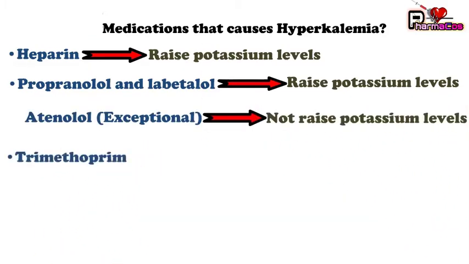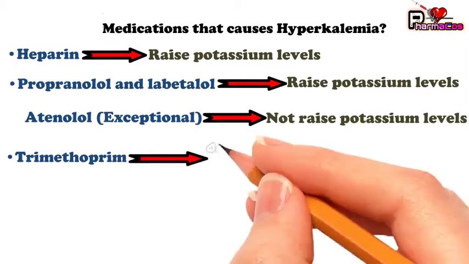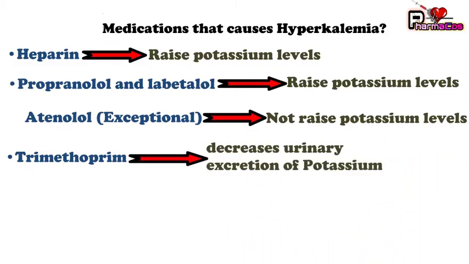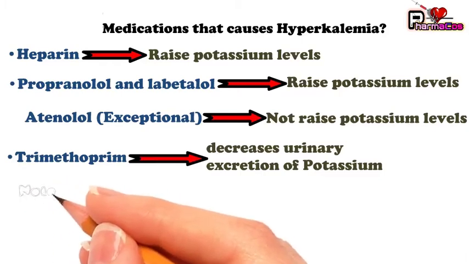Trimethoprim. Trimethoprim decreases urinary excretion of potassium. Trimethoprim should not be combined with ACE inhibitors, angiotensin receptor blockers, and spironolactone. Hyperkalemia may have higher risk in patients with age greater than 65 years, renal insufficiency, diabetes mellitus, and heart failure. Important to note: